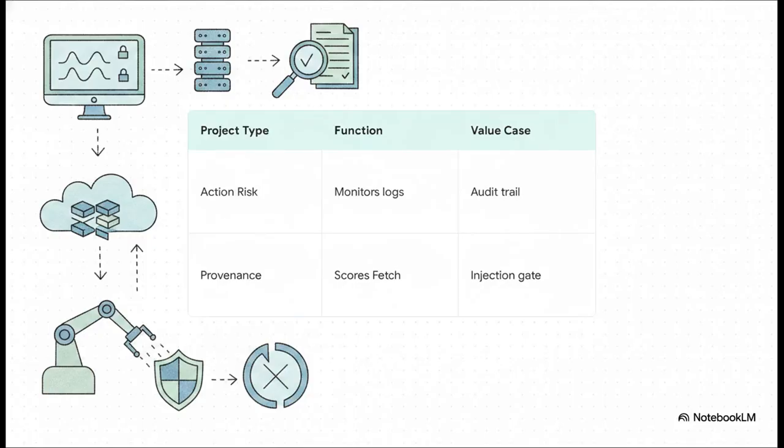So, what do these external governance solutions look like in practice? Let's take 2 examples. First, an agent action risk monitoring tool. This essentially monitors the logs for excessive agency, making sure the AI isn't doing things it shouldn't, which provides a really solid defensible audit trail for regulators. The second is a tool output provenance tool. This one specifically scores data fetched from the outside to block those indirect prompt injections we talked about. It serves as an auditable gating mechanism. Notice how both of these solve the security problem without ever once touching the underlying AI model's code.